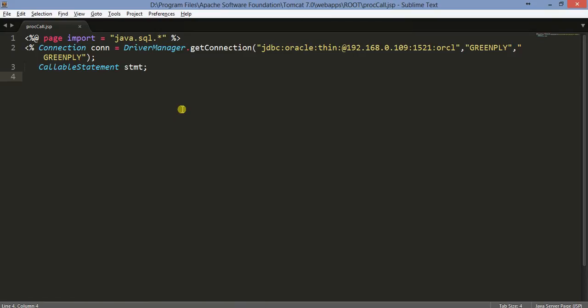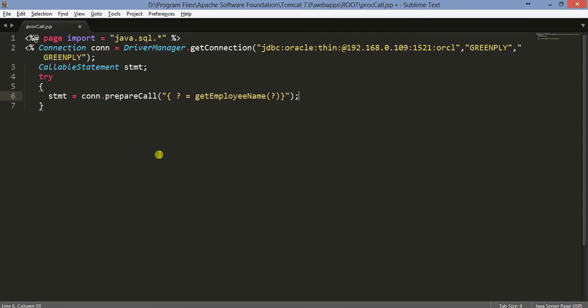Now a try block. Here I will do stmt equal to con.prepareCall, open. This is the return type, this is the function, and this is the argument I will pass, and I'm done with this. I've prepared the callable statement, and now I'll do stmt.registerOutParameter